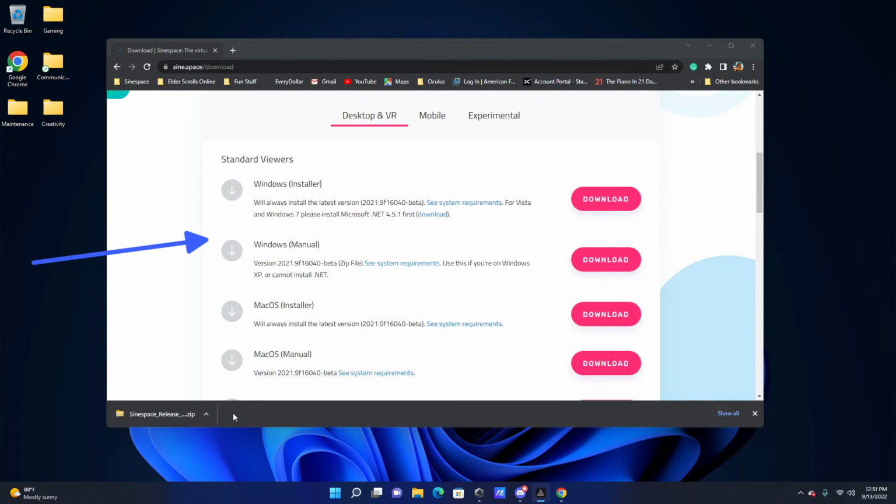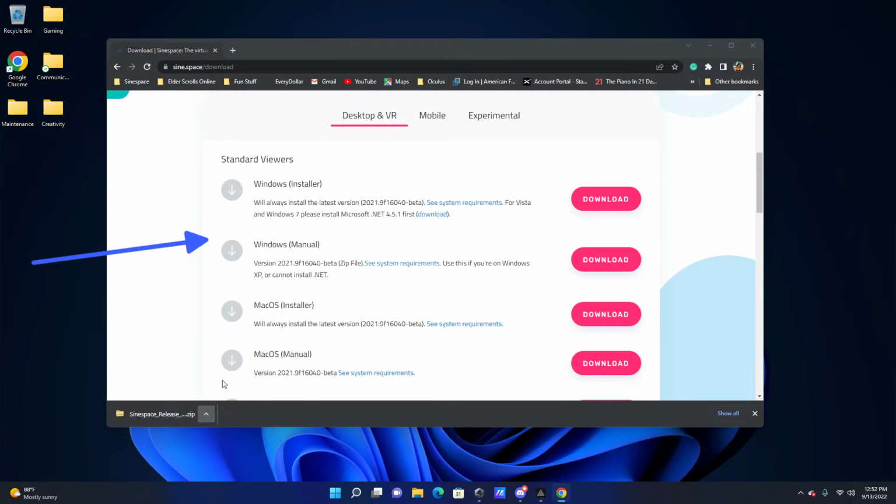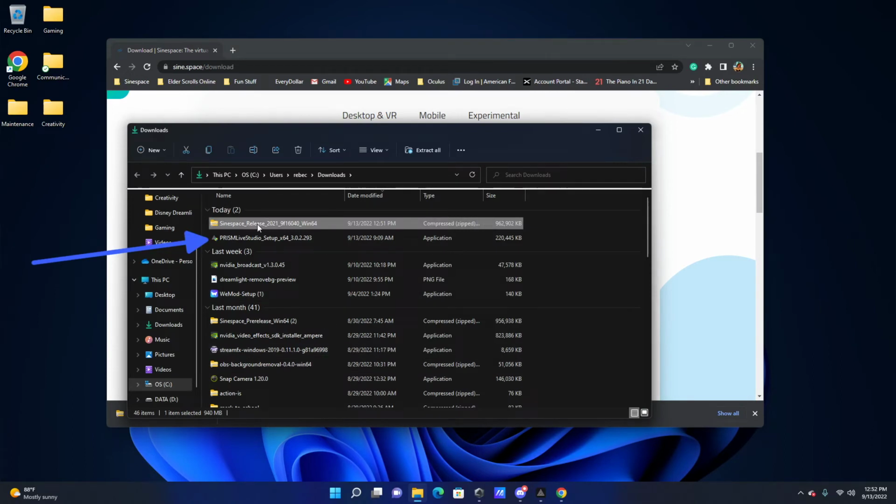Okay, we're back and we're downloaded. We know we're downloaded because down here I'm using Google Chrome, of course. So down here I see Sinespace release zip, and it's not counting down anymore, so it's downloaded. So what I'm going to do is click the little up button here, and say show in folder, and boom, there it is right there under today, Sinespace release, and you can barely see